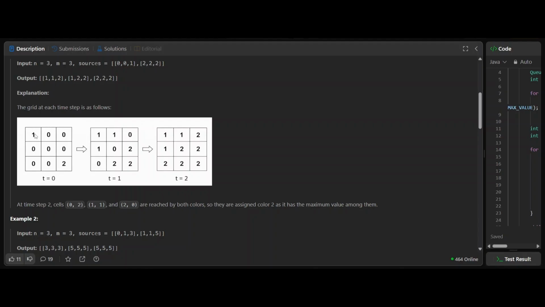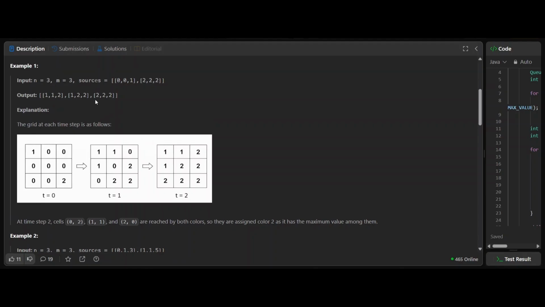What we exactly need to do is, हमें कुछ सेल्स गिवन हैं, उन सेल्स पे एक वैल्यू भी गिवन है, जैसे कि इसमें गिवन है कि 0,0 पे वैल्यू 1 है और 2,2 पे वैल्यू 2 है। इन सेल्स से ये स्प्रेड होना स्टार्ट होगा इन 4 डायरेक्शंस में। जहां पे भी आप फर्स्ट टाइम पहुंच रहे हैं तो उसको आप मार्क कर दें।